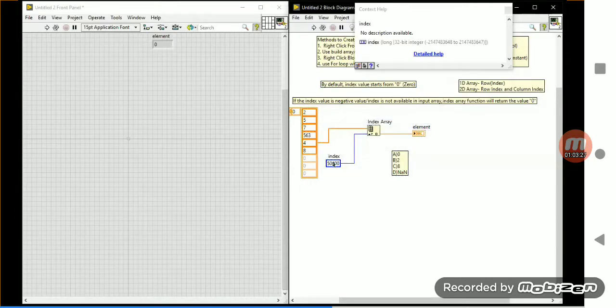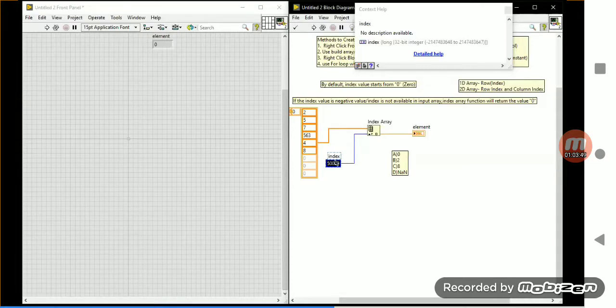Either they give a negative value or an index not available in the array, and they choose the option 0th index value, or they choose NaN. So don't go for those options. If the index is not available or is a negative index, the answer will be 0, not the 0th index value. That's why I'm mentioning that.